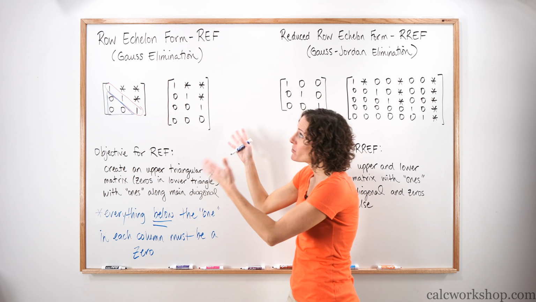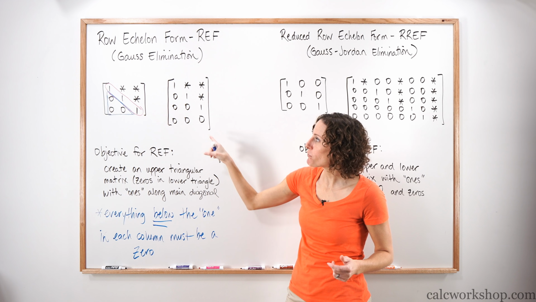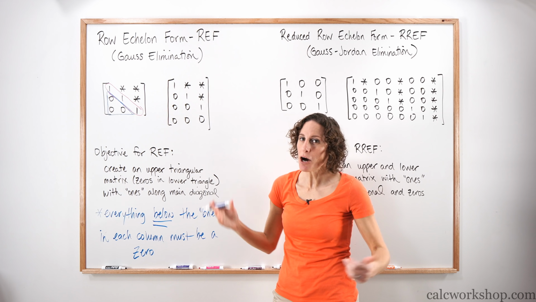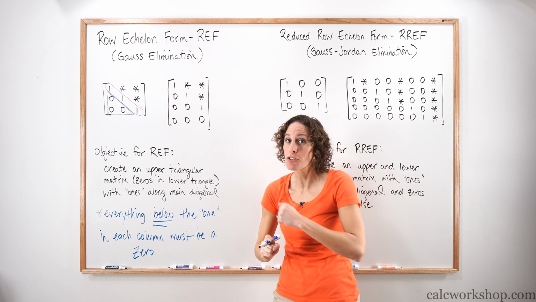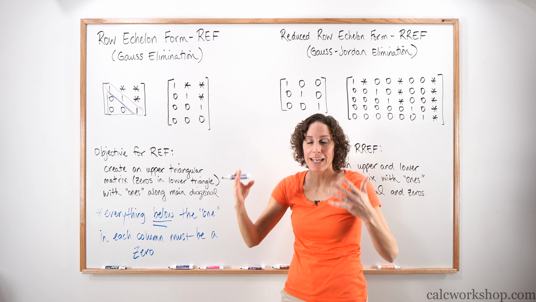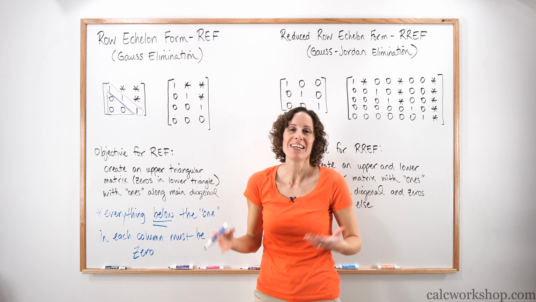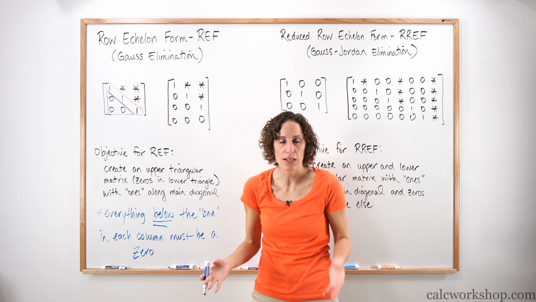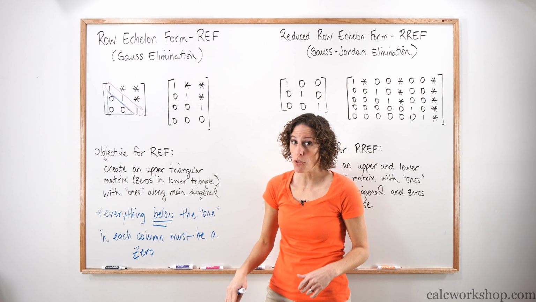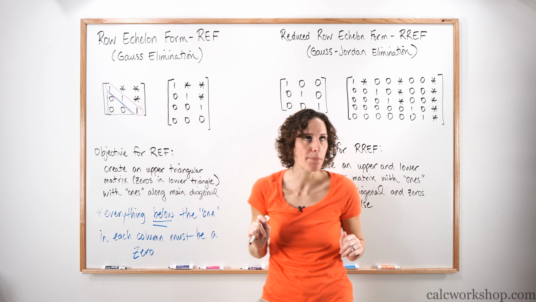Now, why don't we like this one as much as the second one? Because at the end of completing this task, we're going to have to use the substitution method. And how many of us jumped at the chance to use the substitution method in Algebra 1? Not many of us. So we would have to substitute back in our numbers to simplify an equation, then substitute again to simplify another equation. It's not really helpful, and we don't like doing it. So what would be better? Well, not just getting zeros below the ones, let's get zeros above the ones as well. That way we don't have to back substitute.